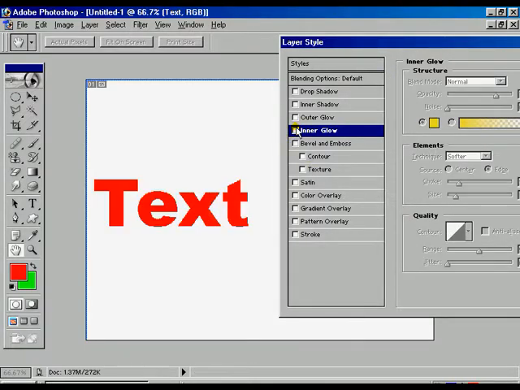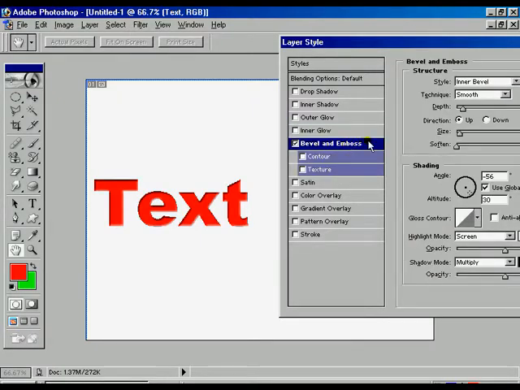Now we are going to turn off that one and activate the bevel and emboss effect. Bevel and emboss is like a 3D type effect where we can get so many options. Outer bevel, inner bevel.